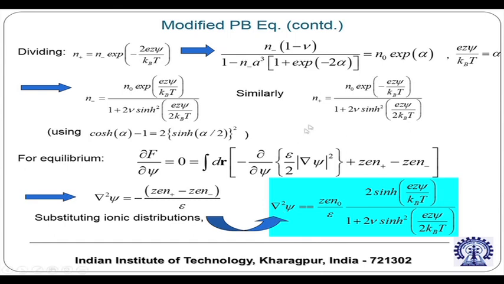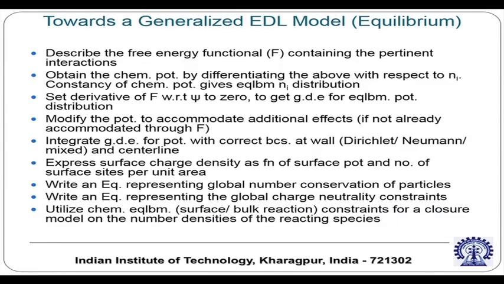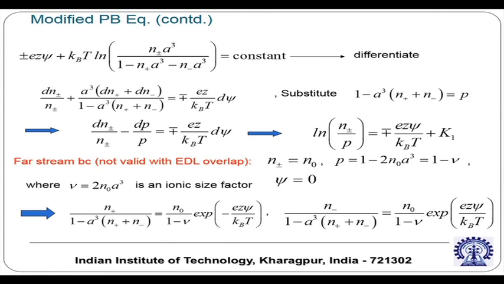So your modified Boltzmann distribution is N plus equal to this and N minus is equal to this. Obviously there are certain issues that come into the picture. One important consideration that leads to this derivation is that we have used the first stream boundary condition at the center line. So this model is not essentially valid with electrical double layer overlap. I mean slight overlap is fine, slight overlap it will still work, but with strong electrical double layer overlap,